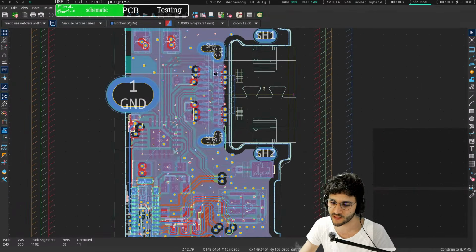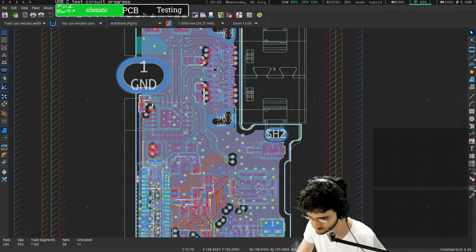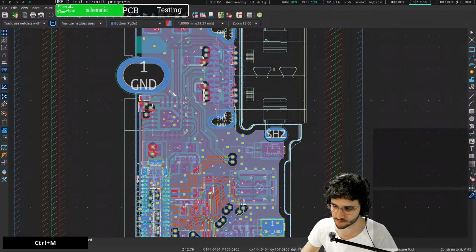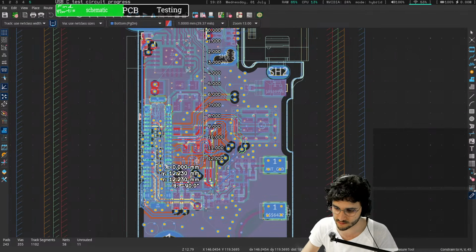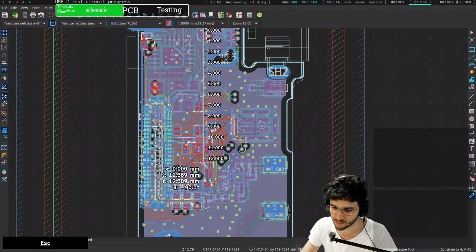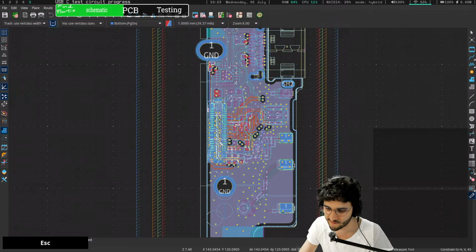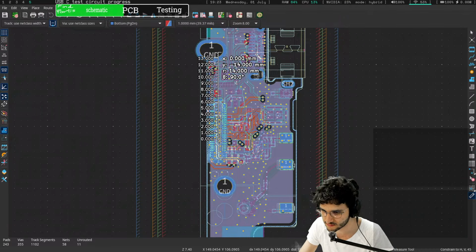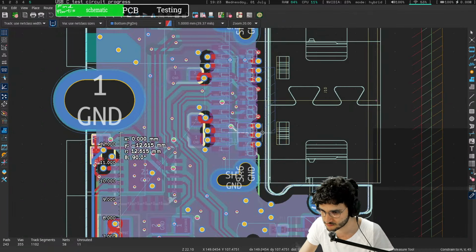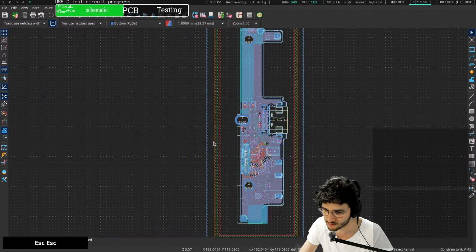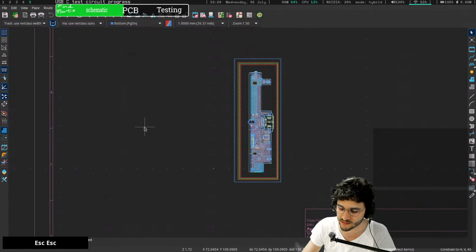But one thing I learned is that it's fine to let the USB lines go relatively far, approximately 1 centimeter, and then there's a cable